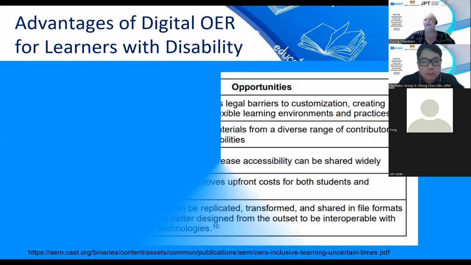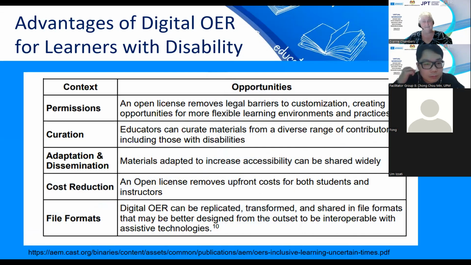So the advantages of digital OER for learners with disabilities: it removes barriers, so it can make more flexible learning environments. And particularly if we're looking at distance learning or open learning, people can learn in their own environments. They don't have to travel into the city, or they don't have to move in order to access education. Educators can curate materials from a diverse range of people and include people's voice, so those with disabilities can be included in those activities. It allows you to adapt